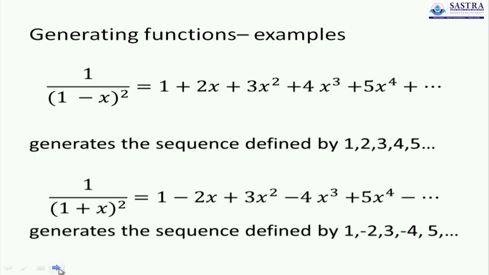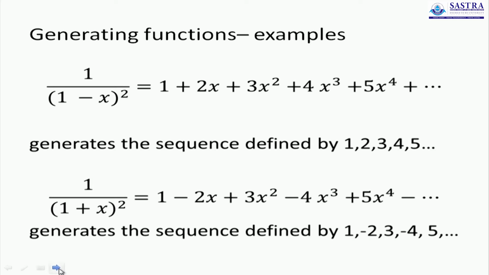Likewise you can also relate it to the idea where 1 upon 1 minus x whole square, as a function, is going to generate a sequence where the terms are 1, 2, 3, 4, 5, because we are focusing only on the coefficients. Forget the powers of x, look at the coefficients, they form a nice sequence. 1, 2, 3, you can even find what the 100th term will be, it's going to be 100. Likewise the last function that we considered, 1 upon 1 plus x whole squared, is going to generate a sequence where every term is just one more than the previous term.